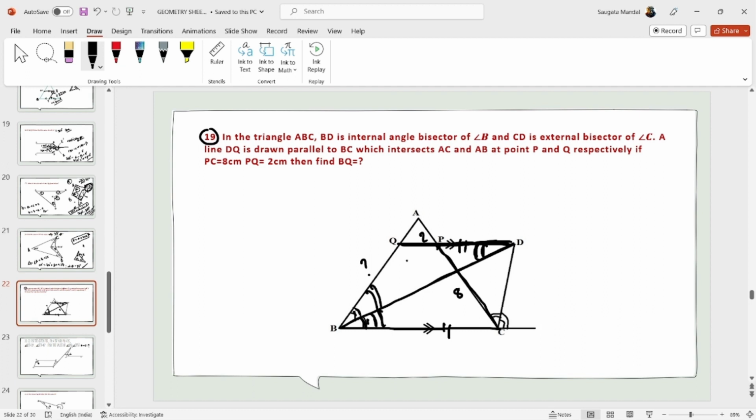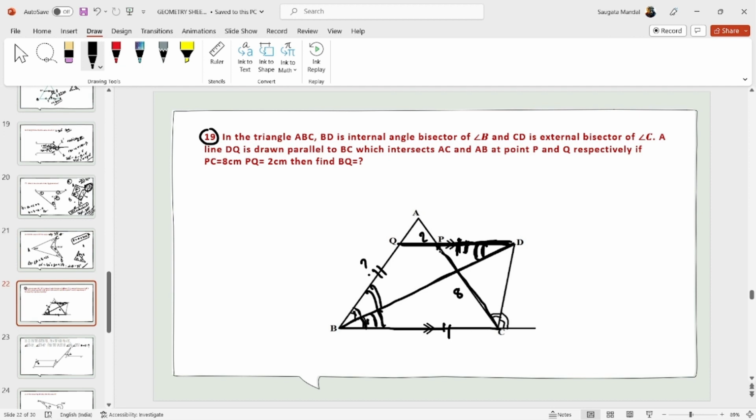And if in a triangle QBD, two angles QBD and QDB are equal, then obviously the two sides in a triangle are also equal. That is, BQ is equal to QD. In the same way, in a triangle